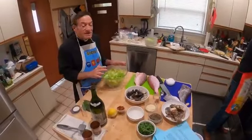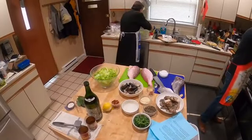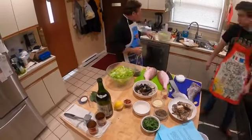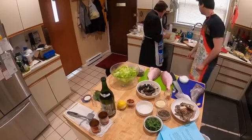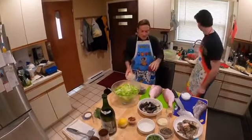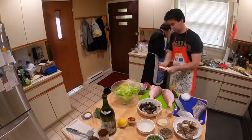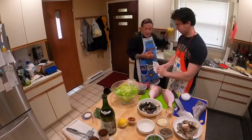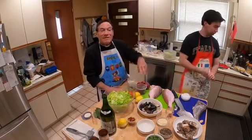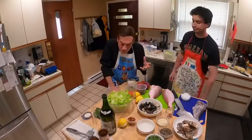Okay, so now we're going to make a typically Sicilian salad. What we're going to do is bring some of the ingredients over here. Olives, green and black. A little provolone. Red onion. And tomatoes. And lemons. So our dressing is going to be a lemon and olive oil dressing, which, naturally speaking, there were lots of lemons that grew in